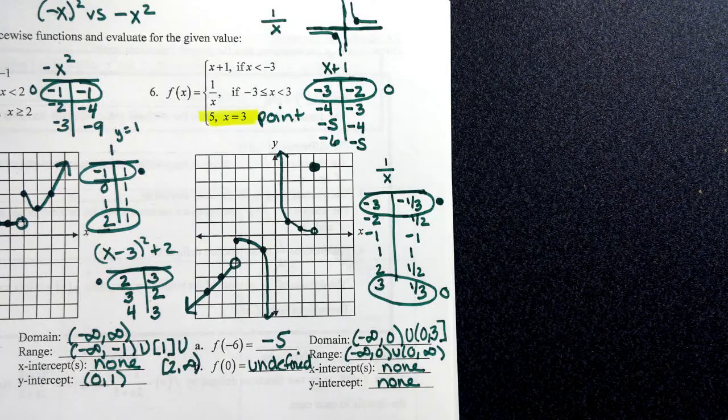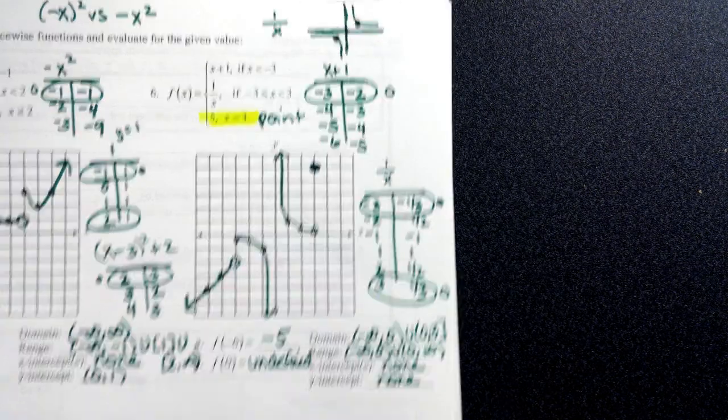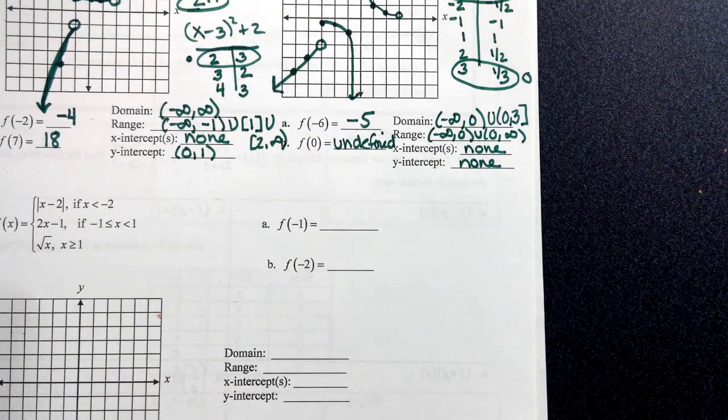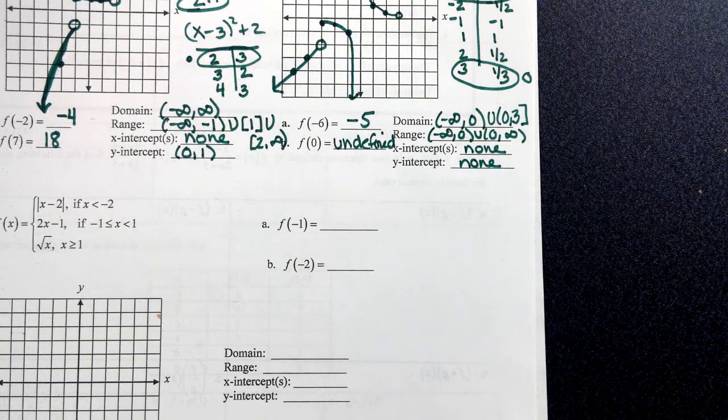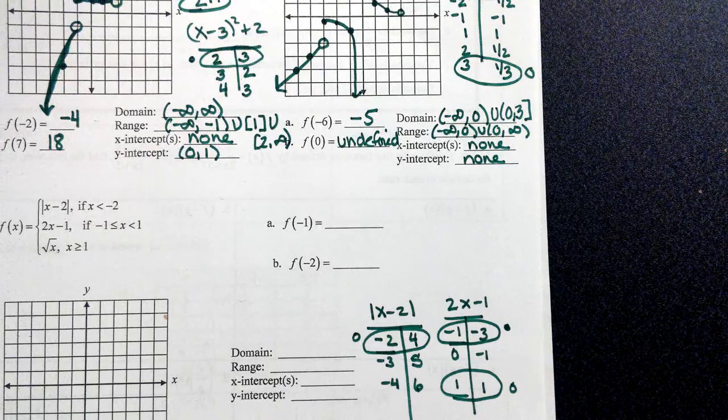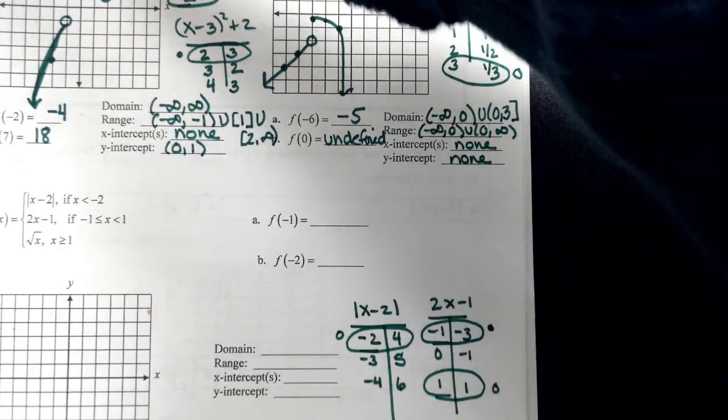All right? So any questions on how you handle a piecewise function? All right? You guys go ahead and see if you can build your tables. And we'll do the graph together, but see if you can do your tables for number 7. So go ahead and do your tables for number 7. So hopefully we got tables that look something like this. Again,